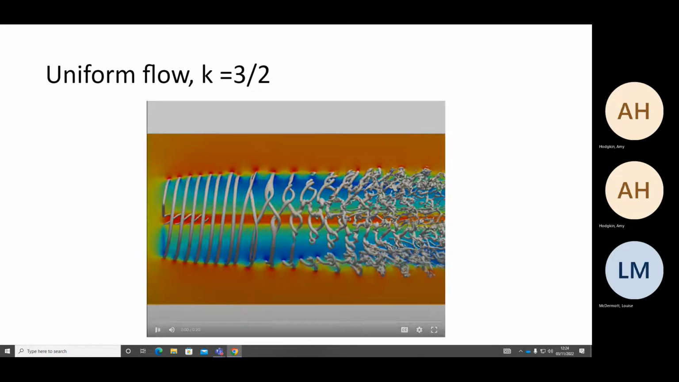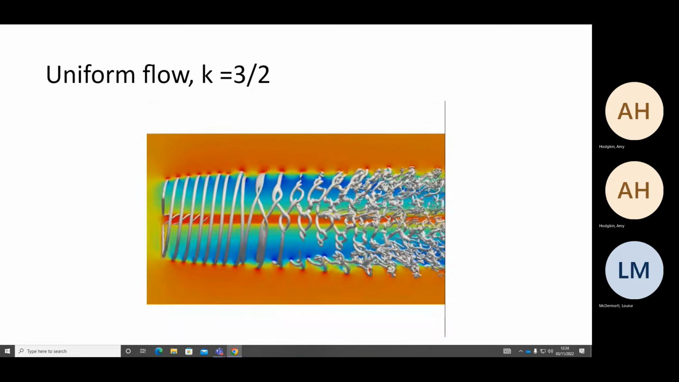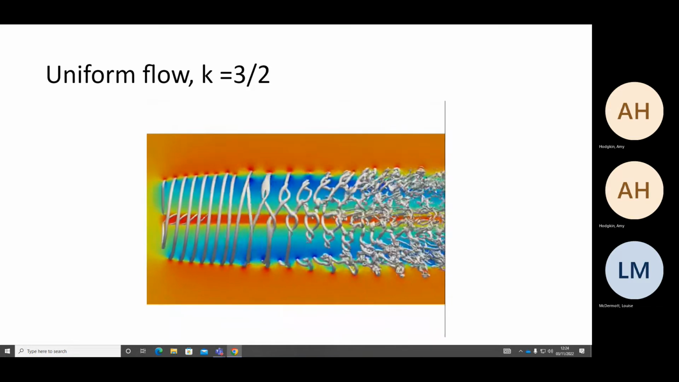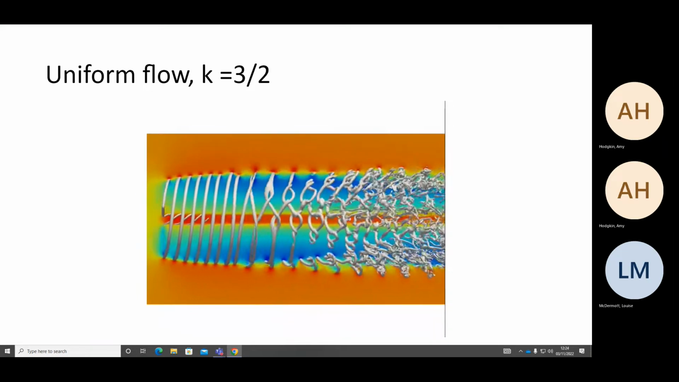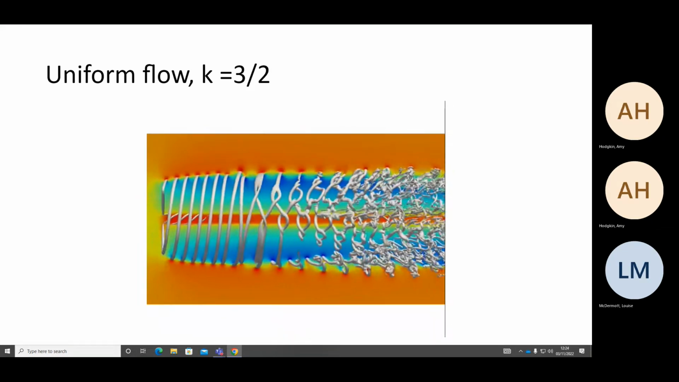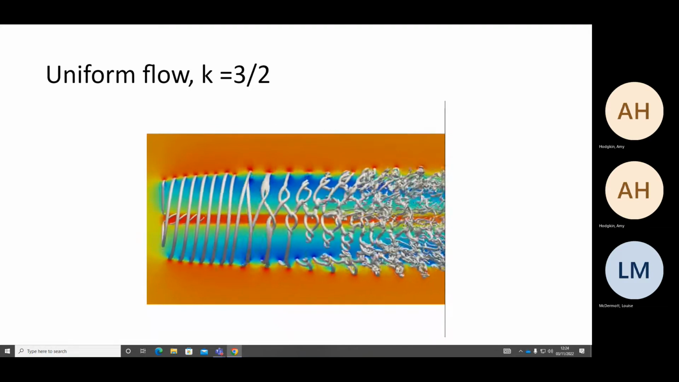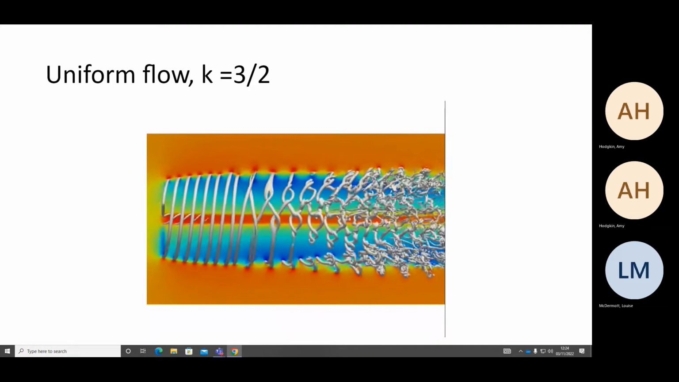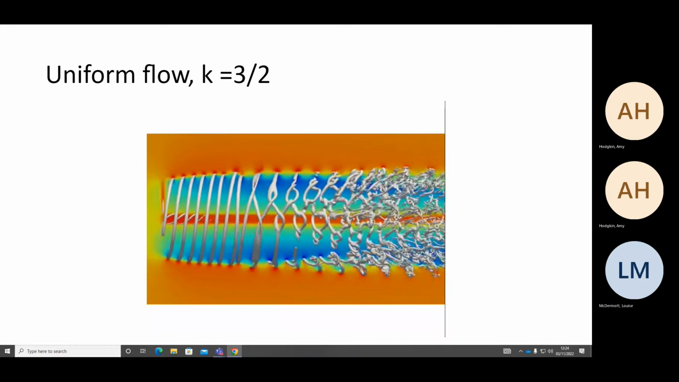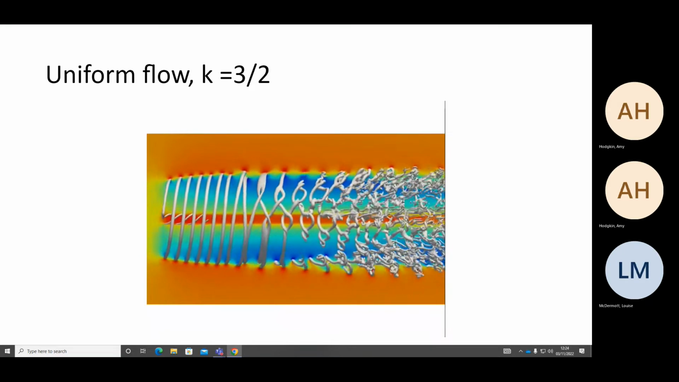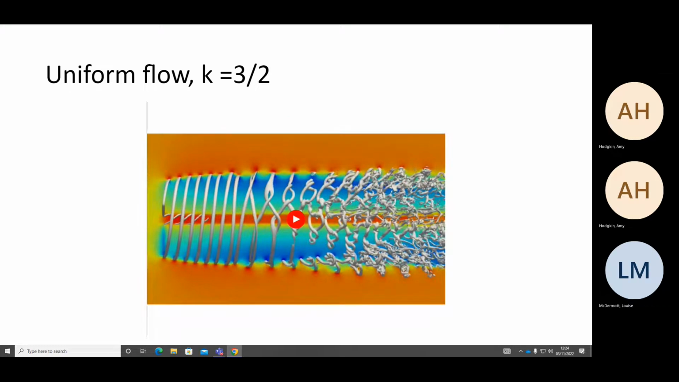Okay, so what does it actually look like then? This is the case with a wave number of 3/2 in uniform flow, and the plane in the background is the streamwise velocity, and then we have vorticity contours on the front. So you can see from the velocity that there's a velocity deficit